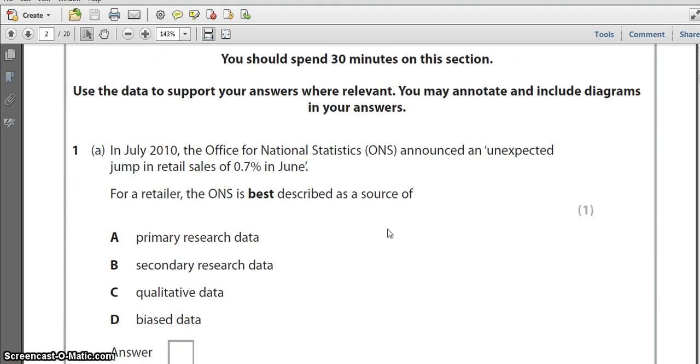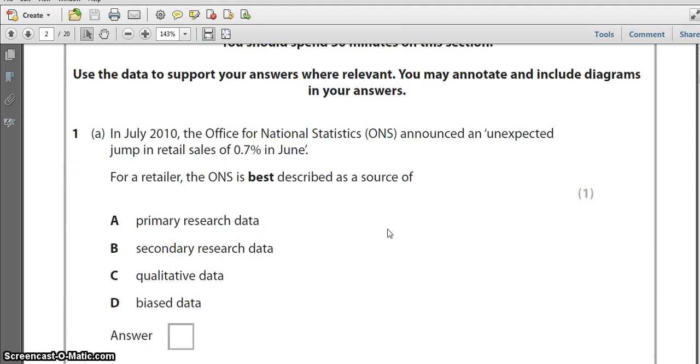Section A, here's our first multiple choice question, not a mathematical question as it has been for the last couple of years, but one of those is coming up at the end of the paper. Right. July 2010, the Office for National Statistics announced an unexpected jump in retail sales. For a retailer, the Office of National Statistics is best described as a source of. The answer is B,